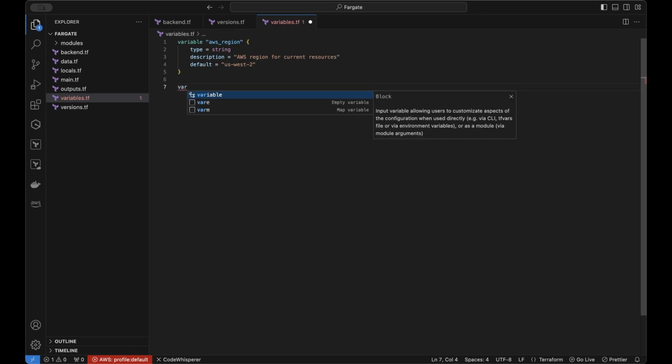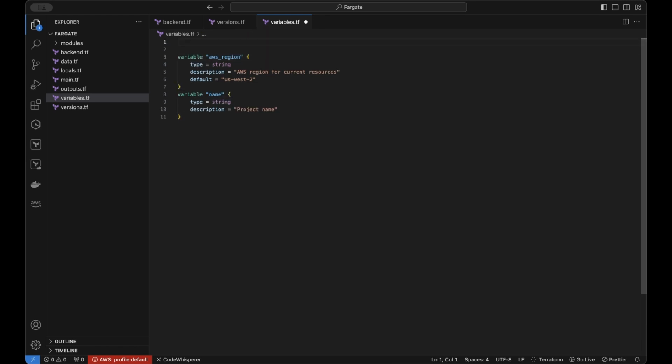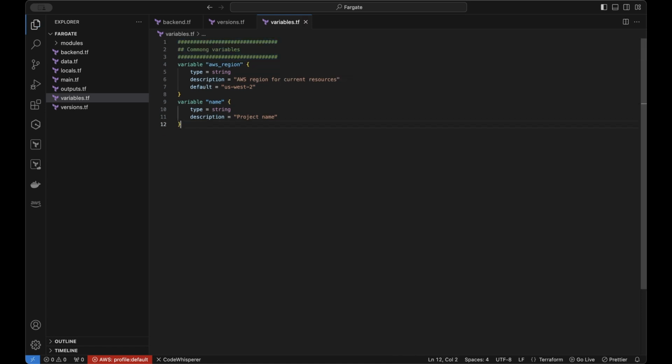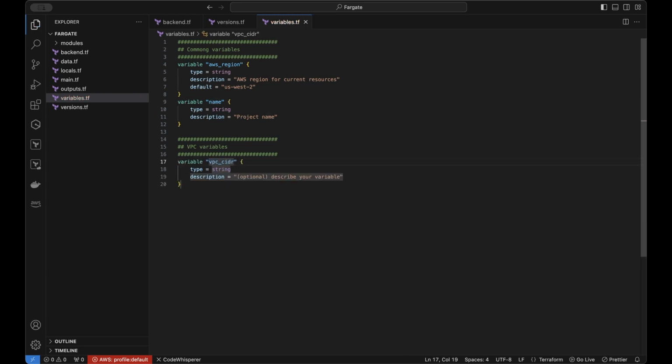Second variable will be for name. This also will be a string, and this will be the project name. So we can add a section at the top here to just demarcate this as the common variables that are shared. We need to create the VPC variables. The VPC variables will specify the VPC CIDR block, which will be a single string. Use the short form, and then you can give it a description of your own. Give it a default value,